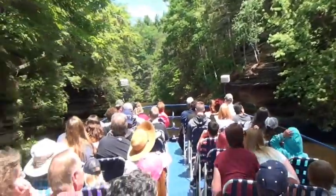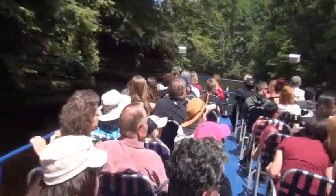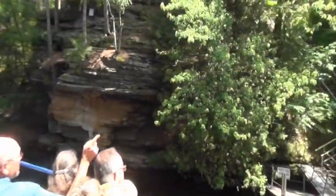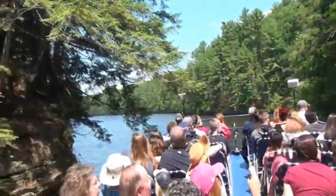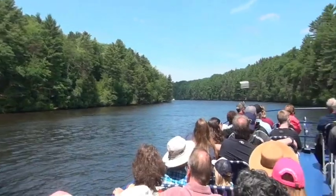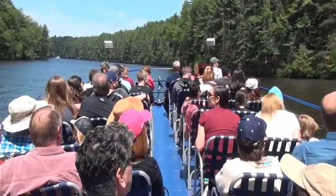Now, a lot of people do ask where that staircase goes, and I'm going to be honest with you, I haven't seen it go anywhere. I think it just sits there all summer long. No, actually, it does lead to the last privately owned resort on the Upper Dells, known as Chula Vista. Chula Vista translates to beautiful view, and I'm sure we can all agree that they do in fact have a